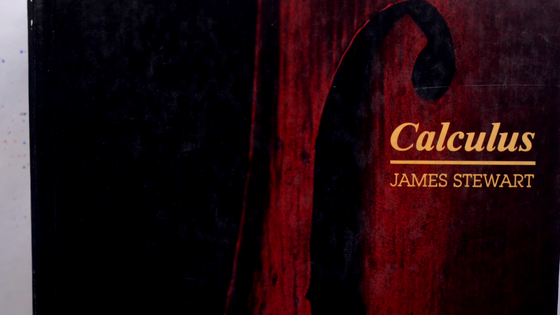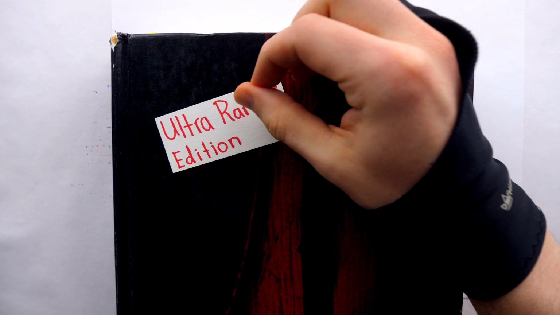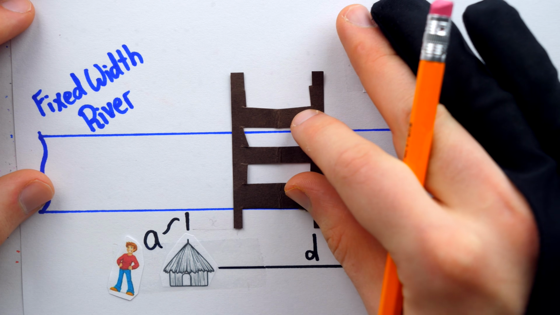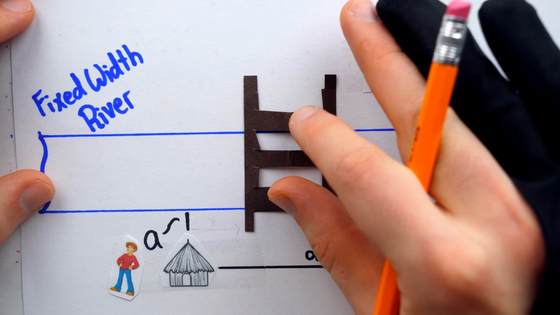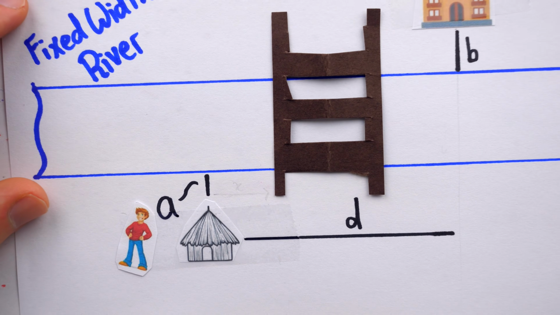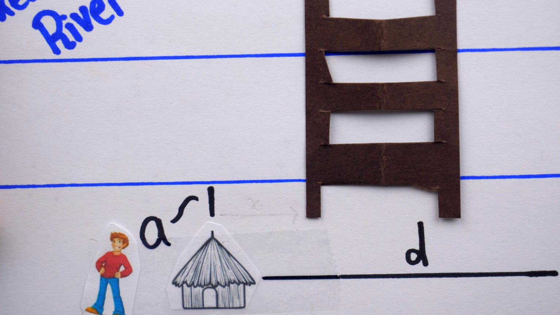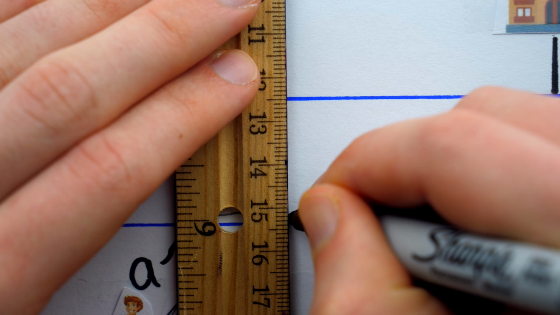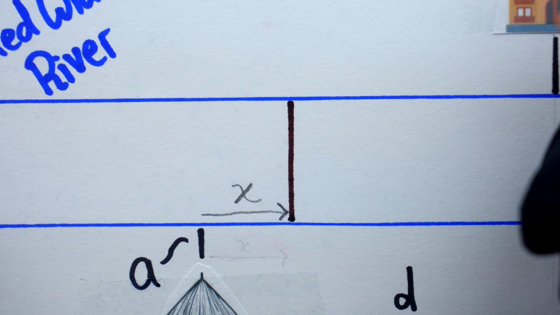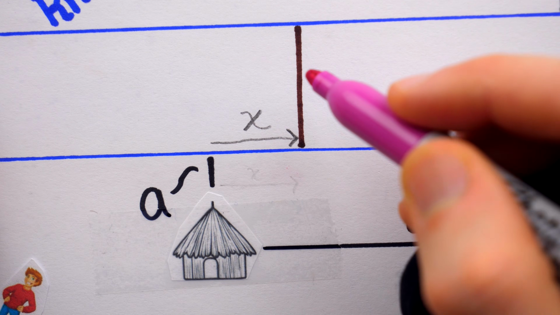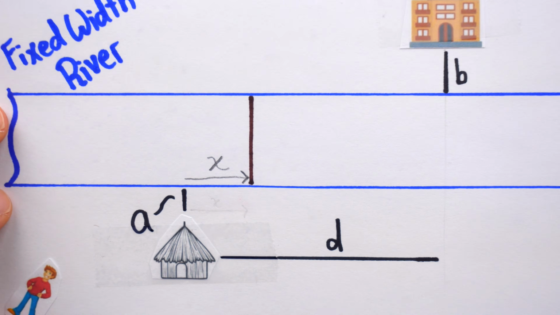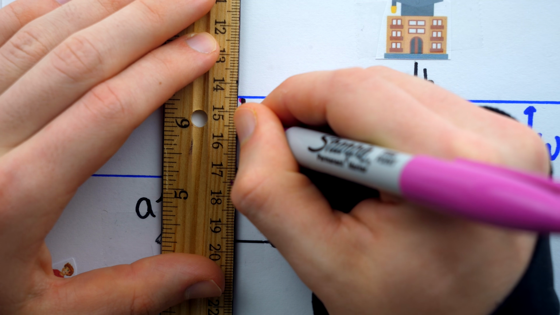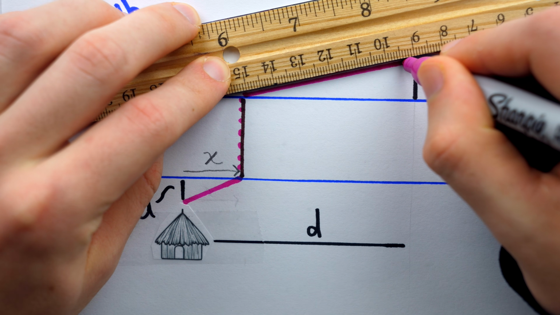Thankfully, Adam took calculus in high school, so he knows this problem is easy to solve with derivatives. He doesn't know the best place to put the bridge yet, but he decides wherever he puts it, he'll call the horizontal distance between his hut and the bridge x. And I'm gonna do a quick bridge substitution here so that our diagram remains readable. If that's where the bridge is, then the path Adam has to take each day to school is here in pink, taking us to the bridge, across the river, and to the school.